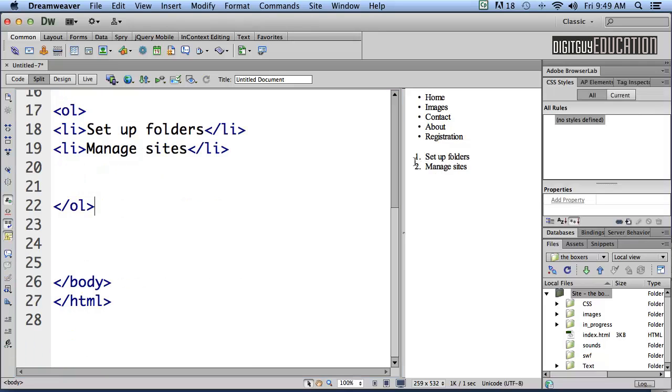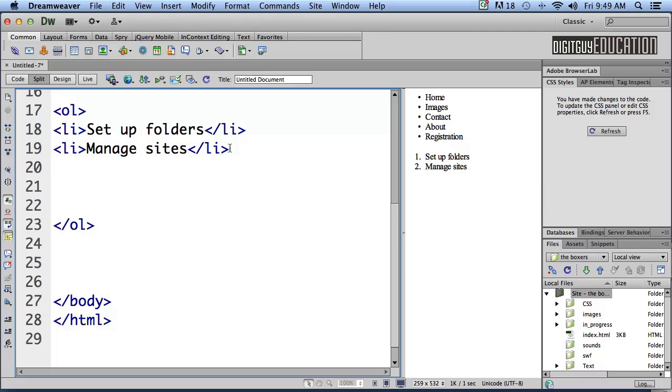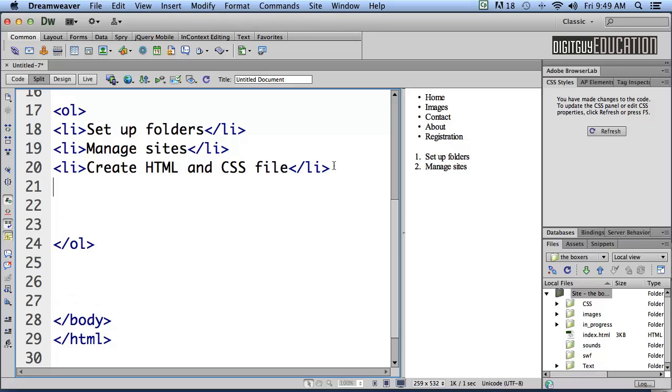You see the difference. The simple difference is it's just a list of things, but this time it's in order, 1, 2, etc. Because it's an ordered list, if I copy that, I can go like this and Apple V paste it in. The next thing might be, for example, manage sites. Then we could create HTML and CSS file like that, and then I'll return and paste it in again,